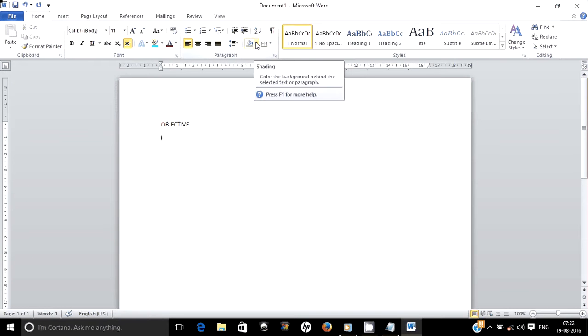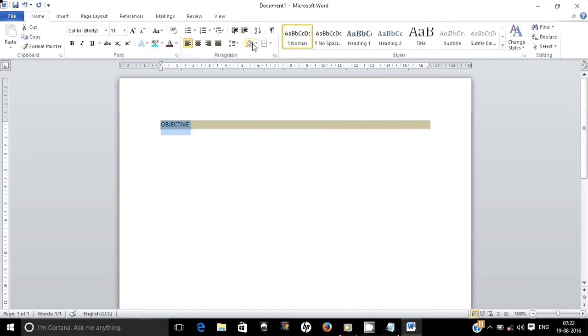This one colors your whole line. So that is a very important role when you are making a resume. This is very important. You must use the highlight option. Okay. Next option is